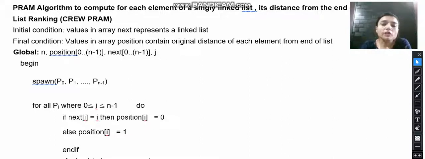When we write a parallel machine algorithm for list ranking, we have to describe the name of the algorithm and for which PRAM machine we are writing it. So here the name of the algorithm is list ranking and we are writing the algorithm for the CREW PRAM. Initially we have a linked list and the values in the array next represent the linked list, which is the initial condition, and in the final condition we have an array position